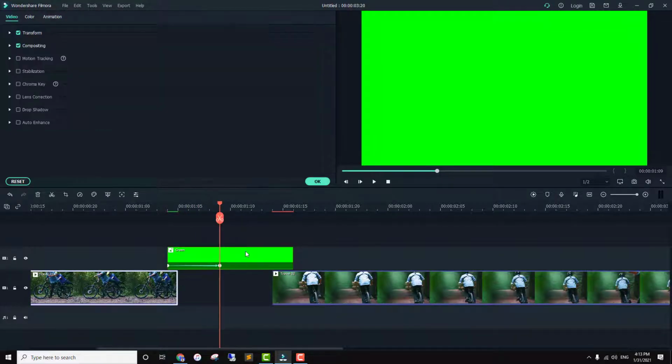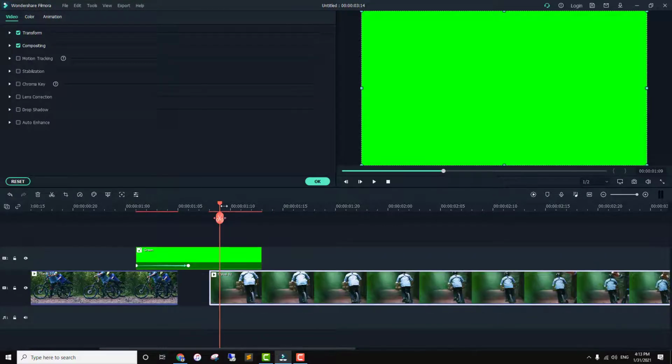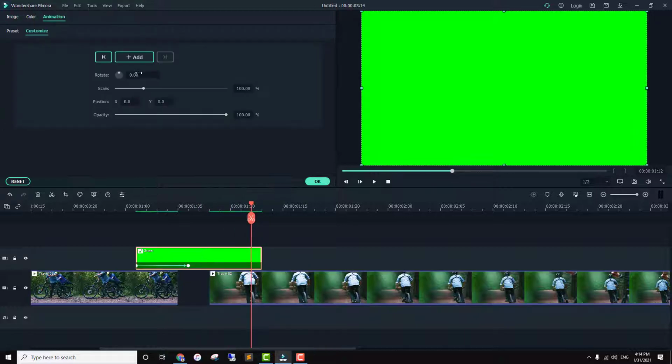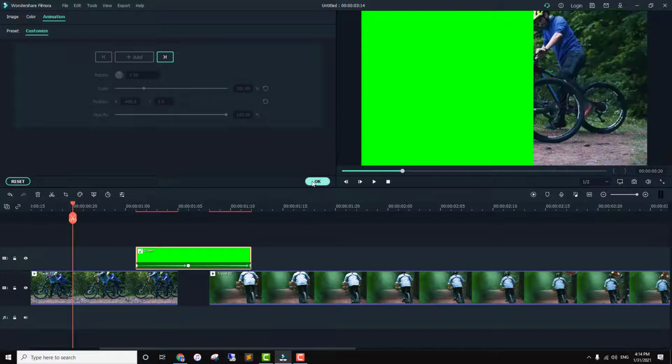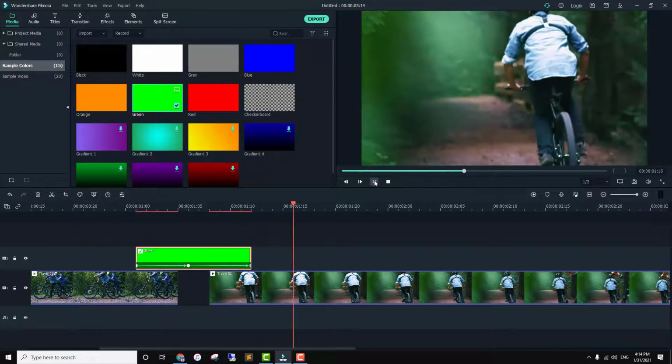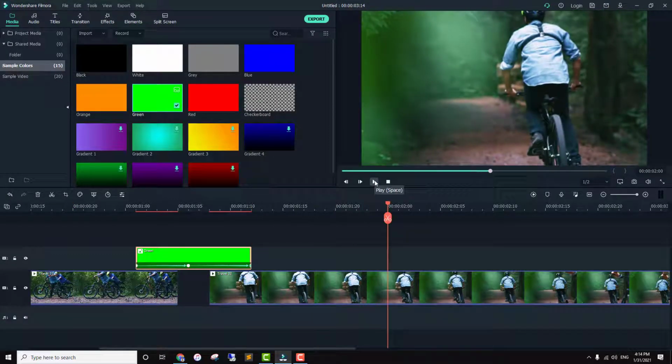So it will go like this. And then here I will add another keyframe, and now we can again change its position from here to here, or we can do something crazy. I will decrease the opacity to 0, and I will trim the remaining part. So let's check what we have built. It's very quick. So hopefully you got an idea.